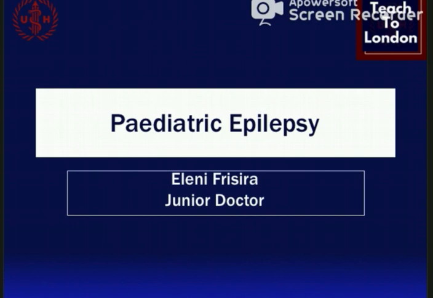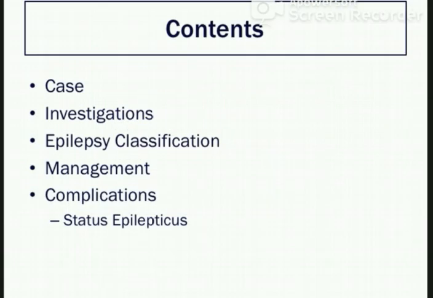Junior doctor, and I'm here to help you revise paediatric epilepsy. It's a big topic that has loads of details, but let's try and go through the basic topics in this revision video today. So the plan for today's revision is we're going to discuss a case that represents a typical